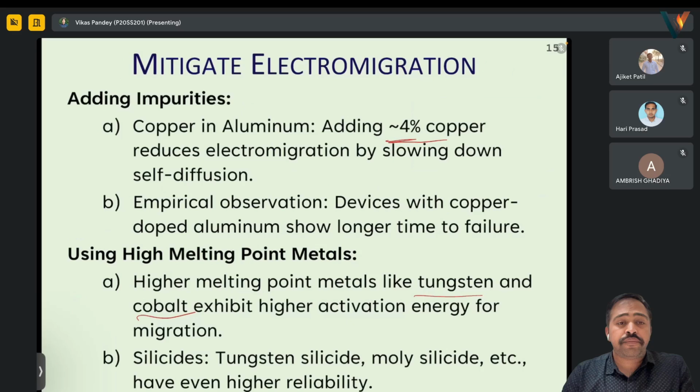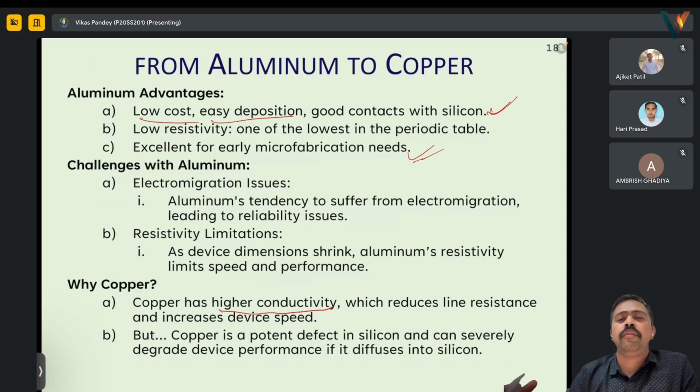So if we have silicon, and then on top of it SiO2, and on top of that we have copper, it might happen that this copper will actually pass through the SiO2 and into the silicon. That's a big problem, because we are supposed to use this as an insulator, and we don't want the silicon mixing with copper. That's a problem, because